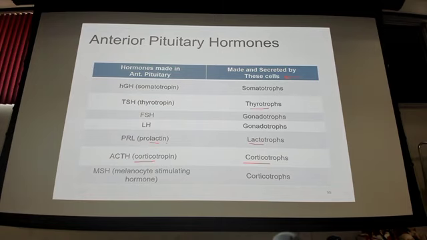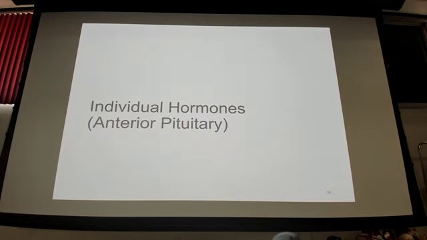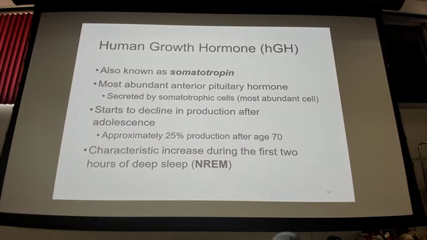And again, where are these cells located? The anterior pituitary. And they are stimulated by what? Hypothalamic hormones that travel to them how? By the portal system. You guys got it. All right? Now we're going to talk about the individual ones. We're going to get through HGH today, and I think that's enough. I smell fire. So, somatotropin, right? Human growth hormone. Know both names. All right? Most of the glandular tissue in the anterior pituitary are somatotropes. Okay?